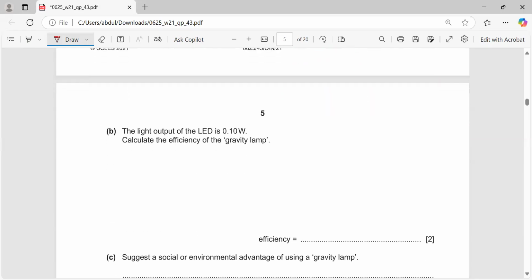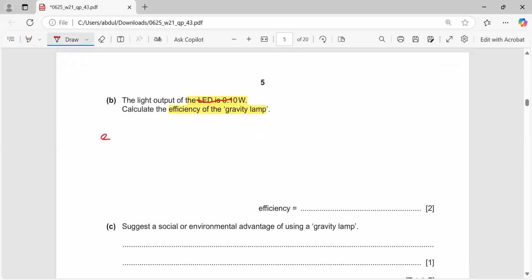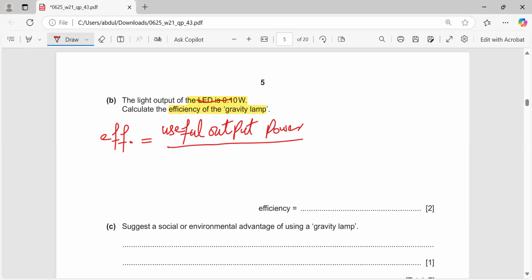Then, my dear friend, the light output of the LED is 0.10 watt. So output power is 0.10 watt. Calculate the efficiency of the gravity lamp. Very simple. We will use the formula: efficiency is equal to useful output power in this case. If the energies were given, then useful output energy over total input energy. But in this case, powers are there, so useful output power over total